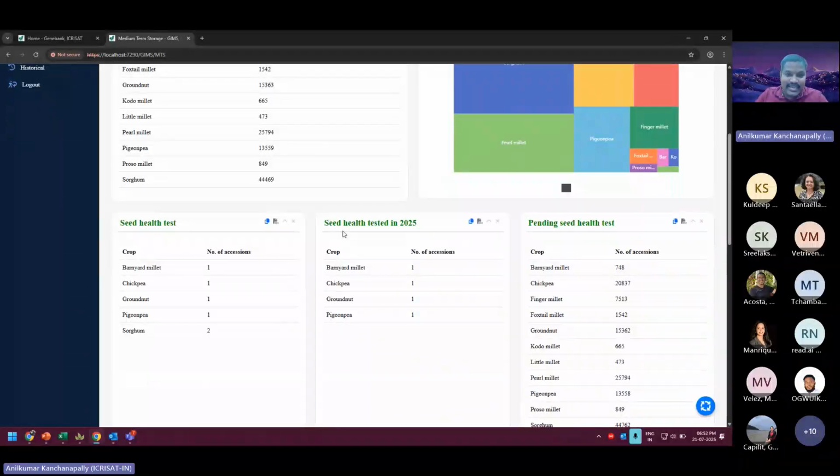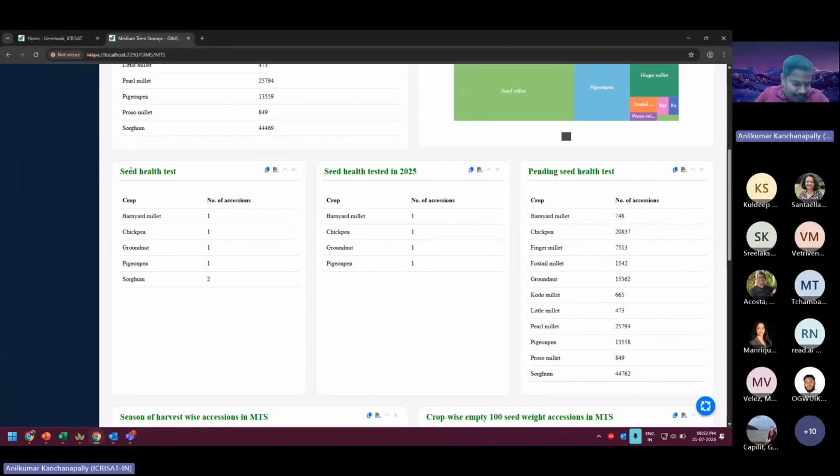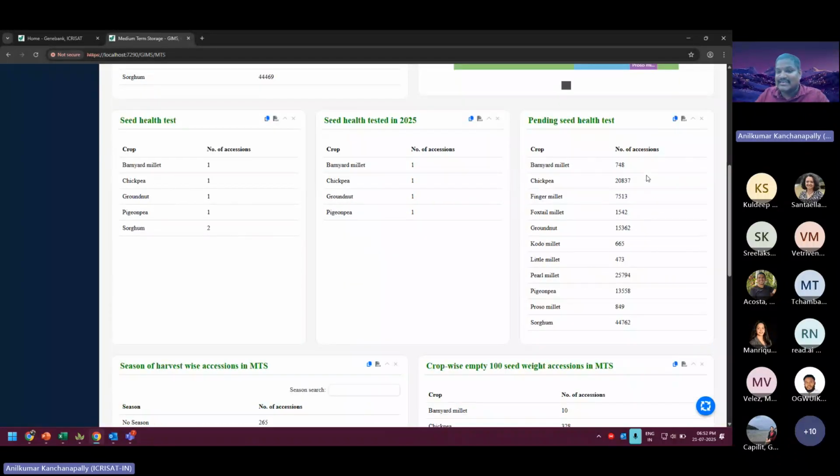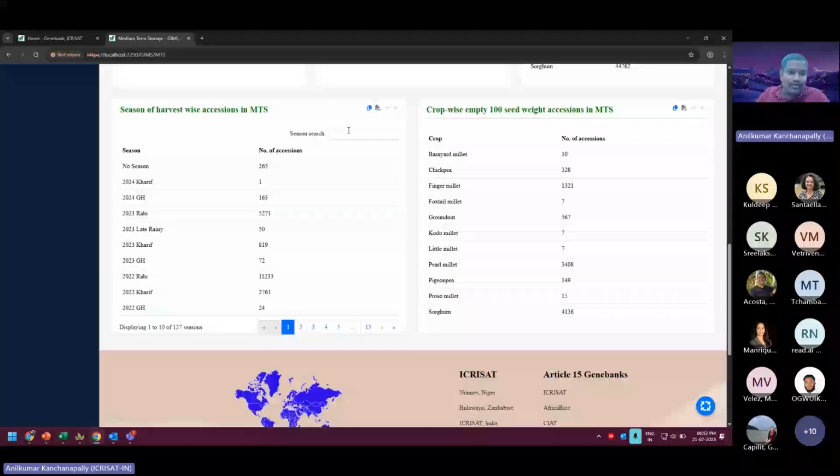You can see here, crop wise, how many accessions are health tested. This health test data gives you only the current year. And based on the health test, it will give you how much germplasm is pending for the seed health test. If you come down, these are the